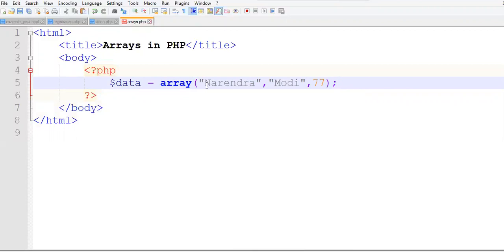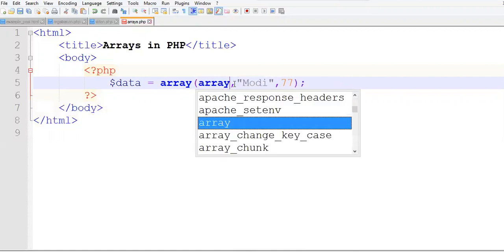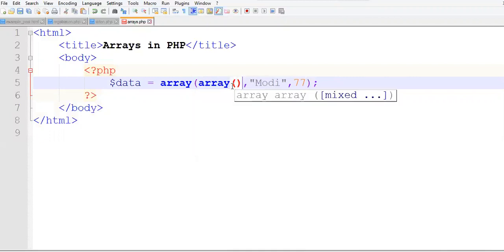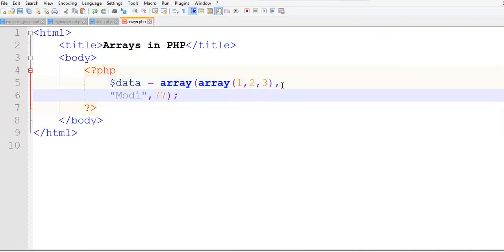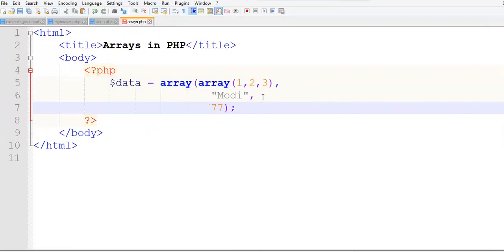So now, instead of giving the first name for a value, I will delete this and write an array here. Now inside this array I have to give the values that this array is going to consist. So I will just give numeric values 1, 2, 3. So you can see that this is our main array, that is $data is our main array.